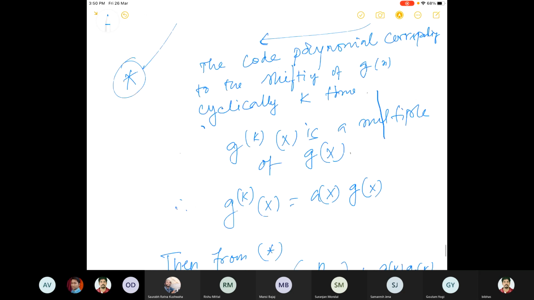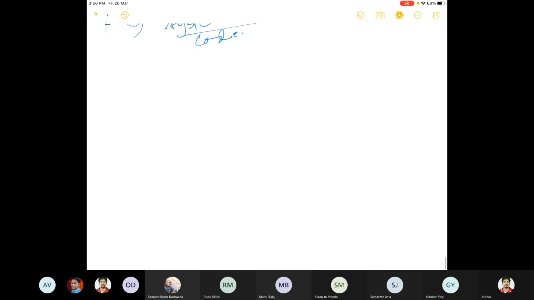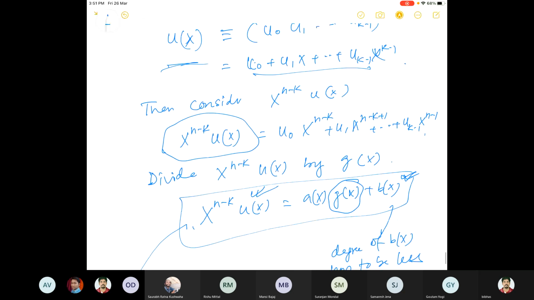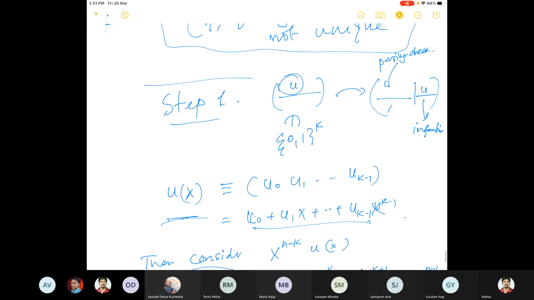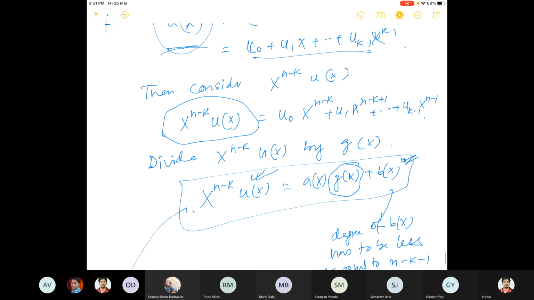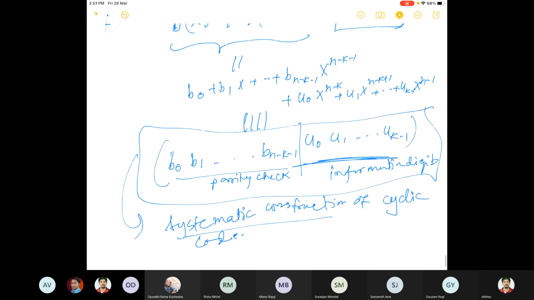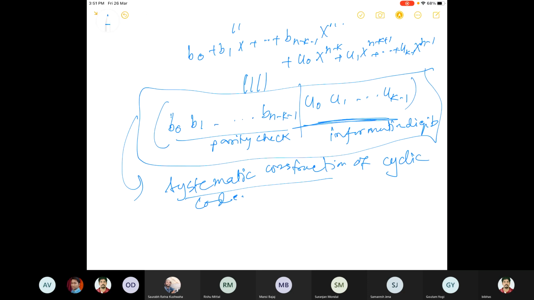But I'm saying you in another way, what you can do is, suppose you are constructing an algorithm, you want a systematic procedure. What you can do is you just consider this gx, then take a ux and divide it. Then the remainder part will give you the parity digits. Because it's a linear code, there must be some generator matrix, and there must be some parity check matrix, and I also have to interpret it that way. So I want this to happen in this particular fashion, like right hand side information digits, left hand side parity check digits. So this is the algorithm.